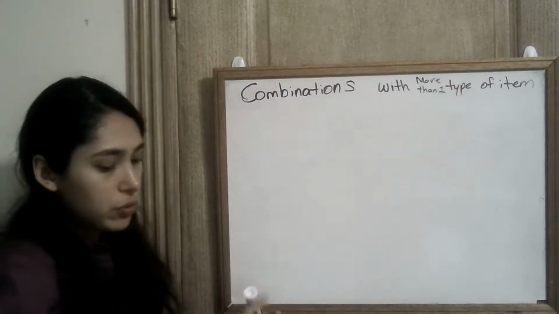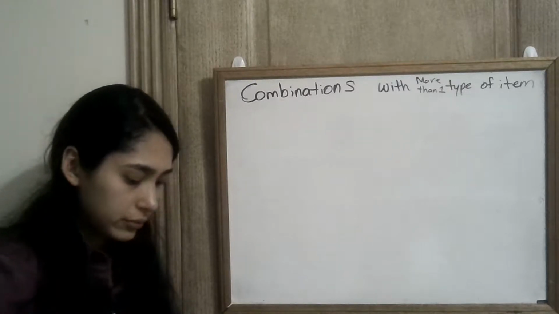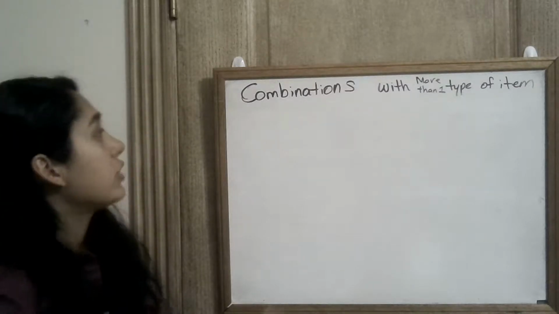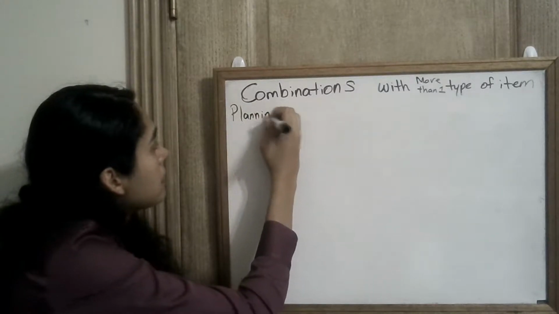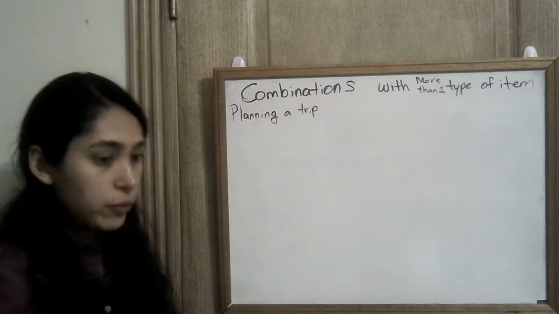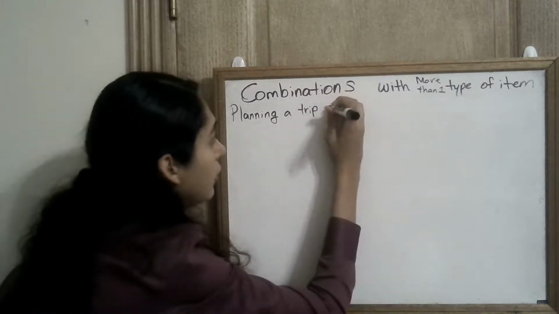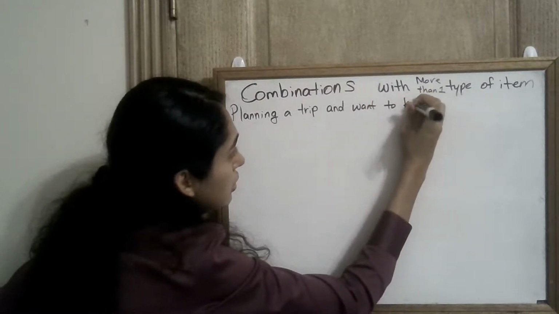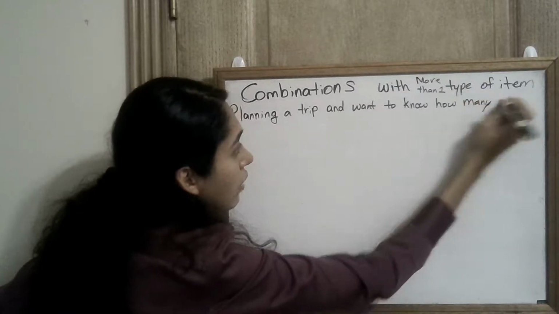So combinations with more than 1 type of item. So let's say that you are planning a trip and want to find out the different outfit combinations that you could have. I want to know how many outfit combinations